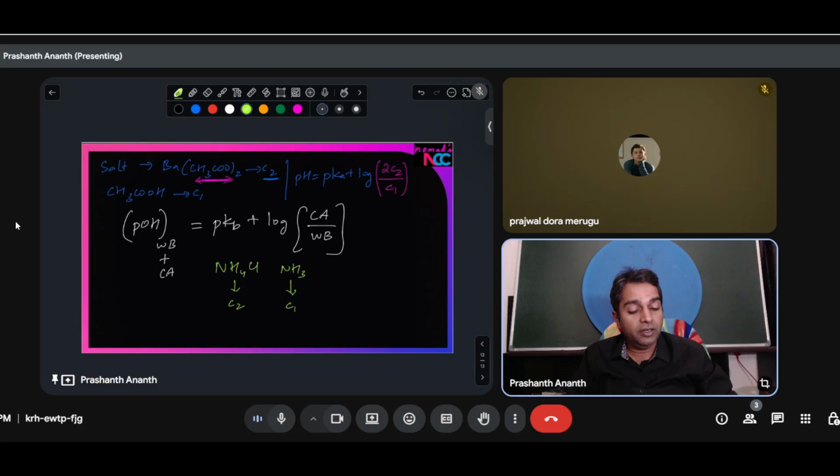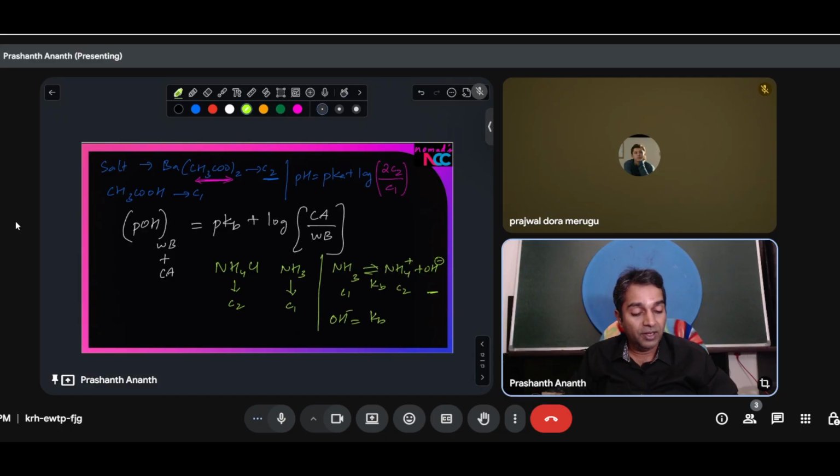Then we'll end up having equilibrium, where NH3 is in equilibrium with NH4 plus and OH minus. Of course water is present, but we are neglecting that here. This will be Kb. This would have been C1, this will be C2, this is the unknown. Alpha, or degree of dissociation, is very tiny, so we neglect that. So in this particular case the OH minus concentration works out directly as